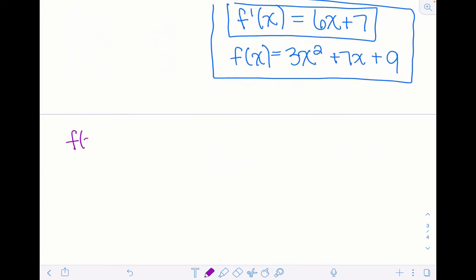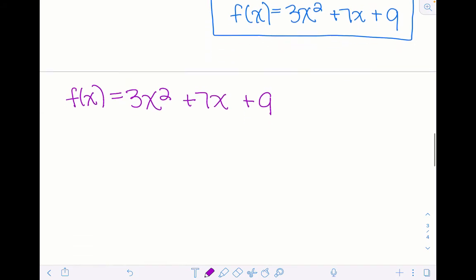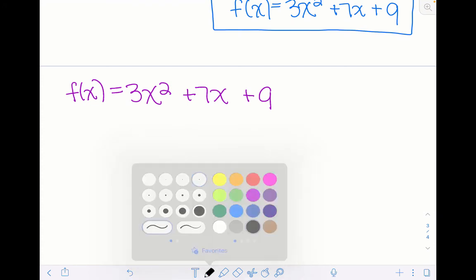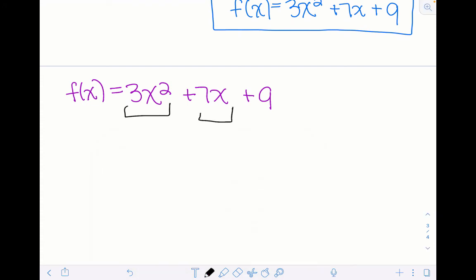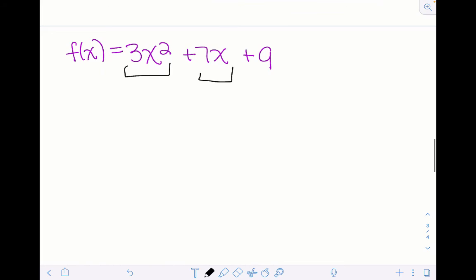let's look again at this function. f of x is equal to 3x squared plus 7x plus 9. Some of the first shortcuts, which we can call the derivative rules, are the power rule is one of them. And so that actually applies to these first two parts. And I'm not going to write all the derivative rules down here, but that is what we're covering. And really all of Chapter 4 is learning all the derivative rules and then applying them in different cases, different problems. And so the power rule is probably the one that gets used the most,